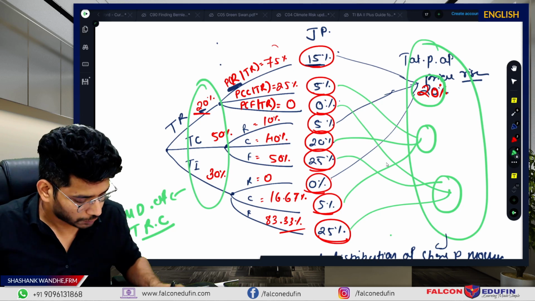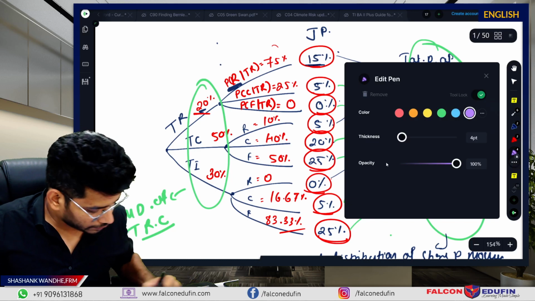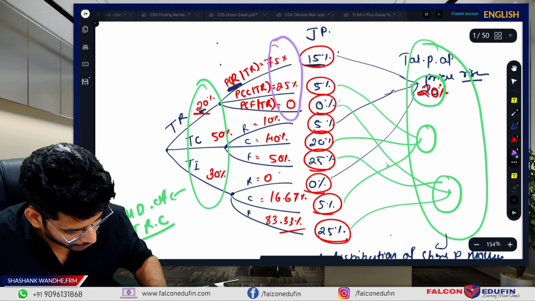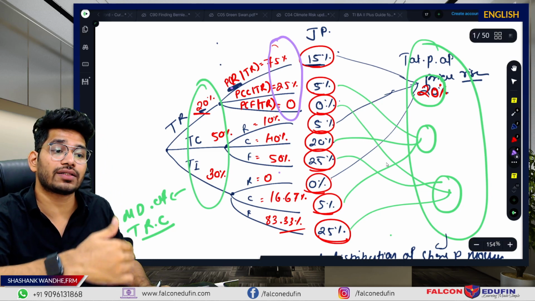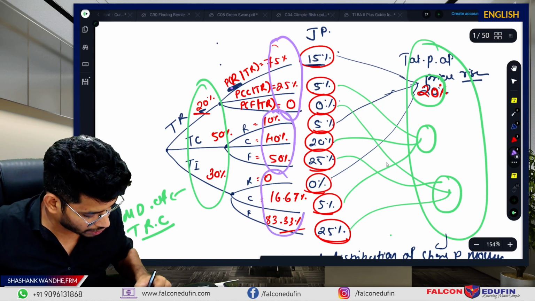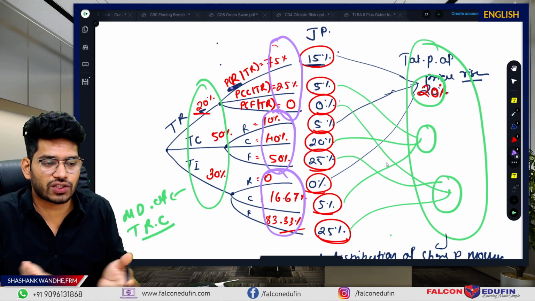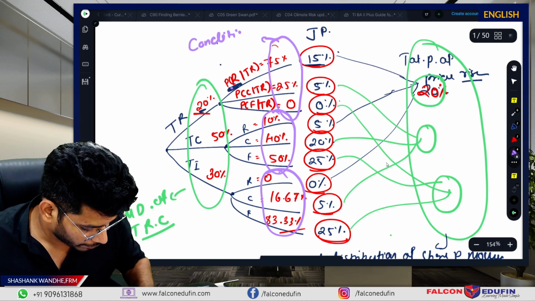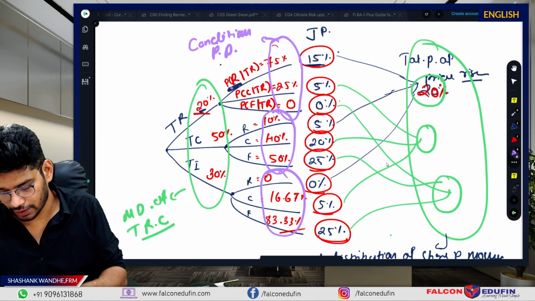Fine. Now, conditional probability distribution. This is the conditional probability distribution of the share price changes given tax rate is reduced. Or this is also conditional probability distribution. Simply, distribution is how the probability is distributed among the events, right? So this is the probability distribution. So you have conditional PD. I'm writing it down as PD, conditional probability distribution. As simple.